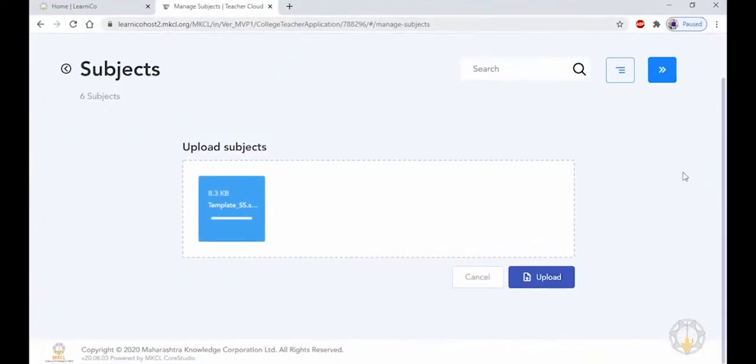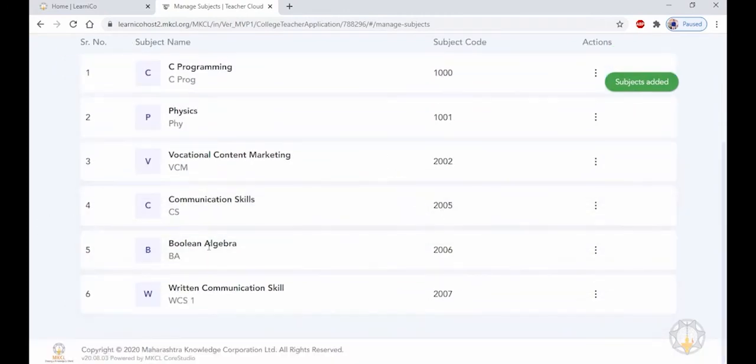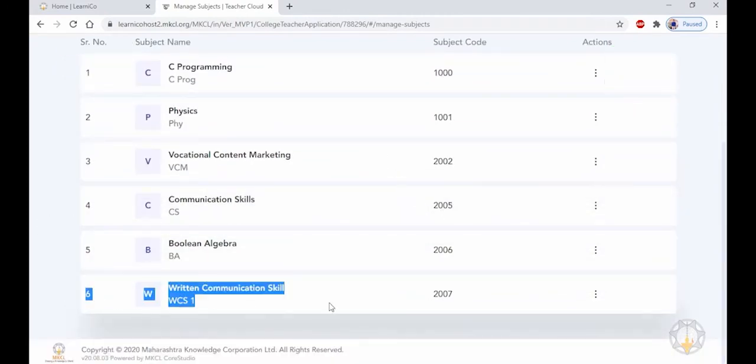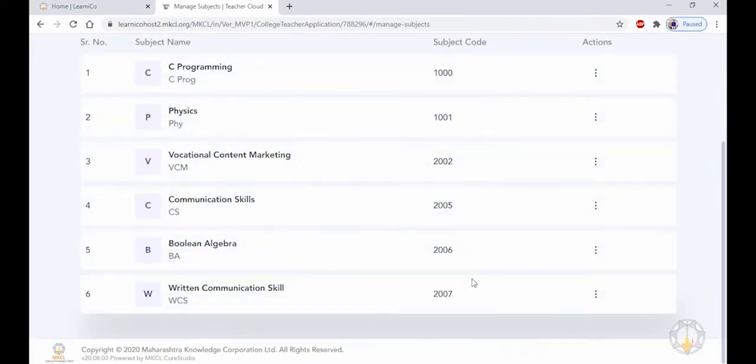Now click on Upload option. Here you can see a new subject, that is written communication skill, is added. You can edit the subject name and short name from here. This way you can add new subjects in Learnico.